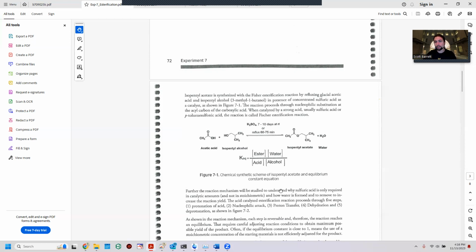So you would not see that large 3000 inverse centimeter broad peak on the IR if you had pure isopentyl acetate. What you would see on isopentyl acetate is a carbonyl group, because the difference here is that there's a carbonyl on the isopentyl acetate, but there is not a carbonyl on the isopentyl alcohol. So that's the take-home lesson today: when you perform the esterification, you get a carbonyl and then you